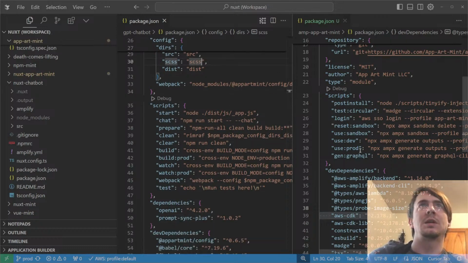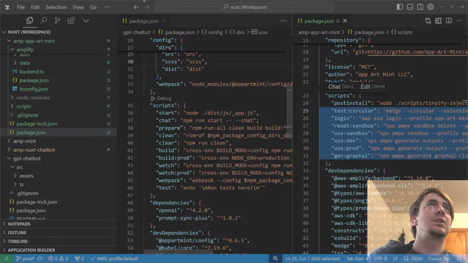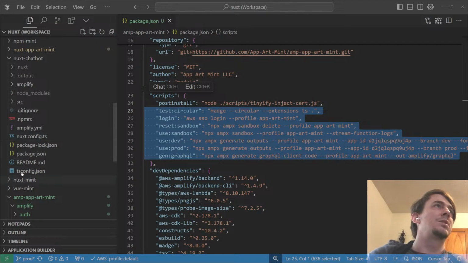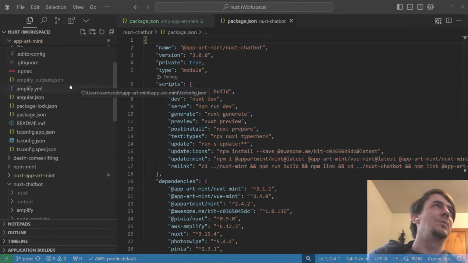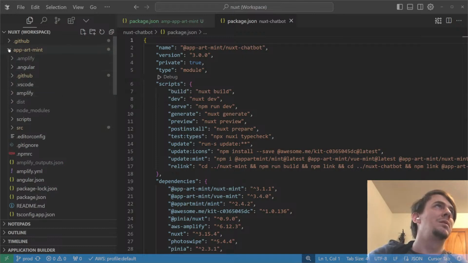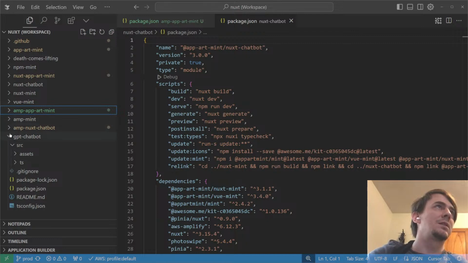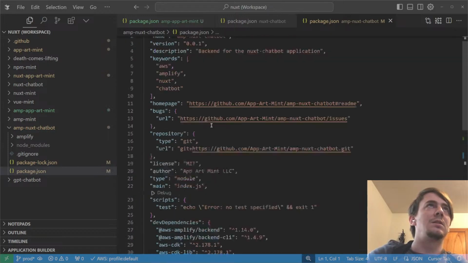Okay. So I'm gonna copy these guys. Wait, this is still GPT chatbot. Close that. Nuxt chatbot. Oh, wow, can't get my thinking straight. I guess because these are at the bottom, maybe? But this guy definitely needs